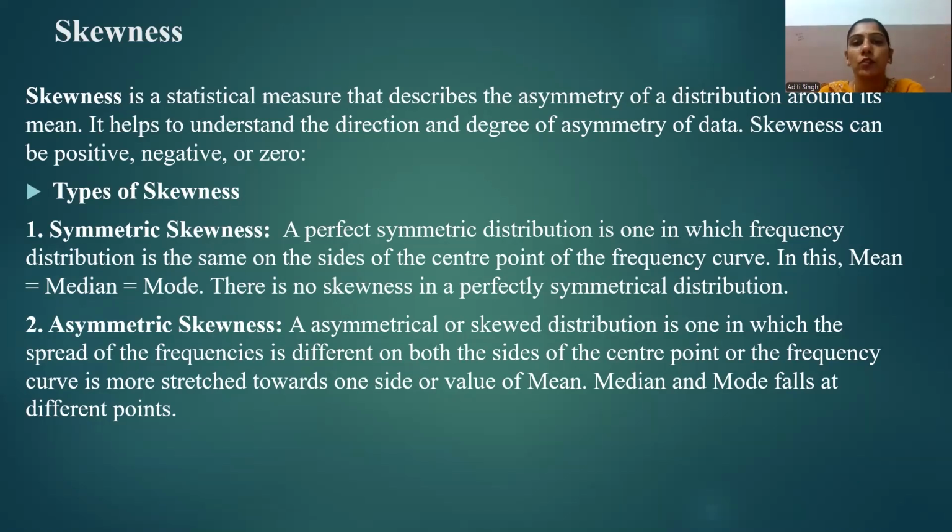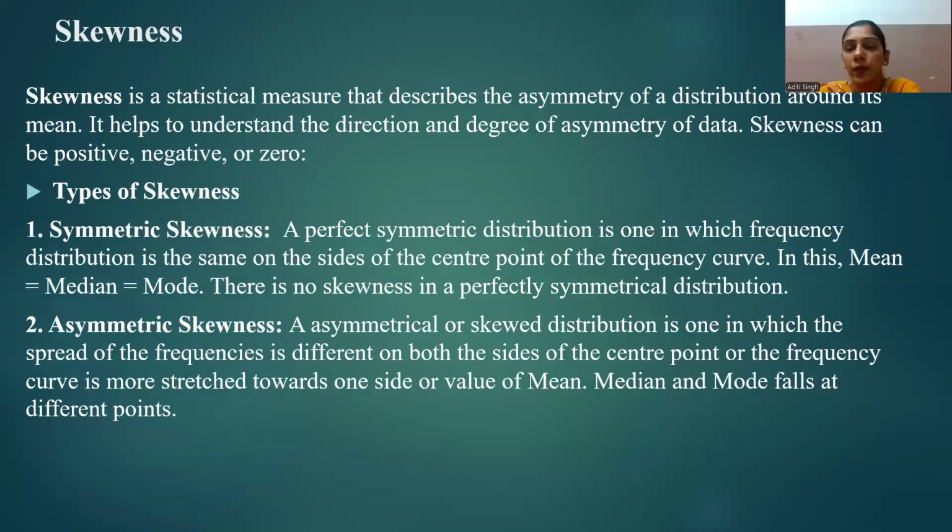Probability distribution means the distribution of mean, median and mode, such as the frequency distribution of data points. So skewness and kurtosis provide insight into the distribution's departure from normality, and they help in understanding its characteristics. So first of all, let's discuss